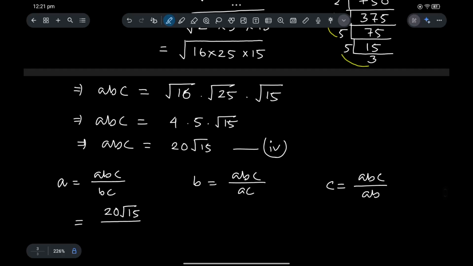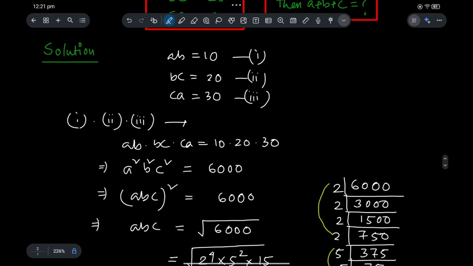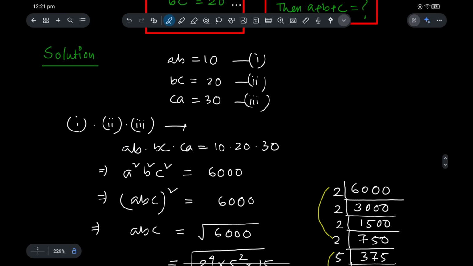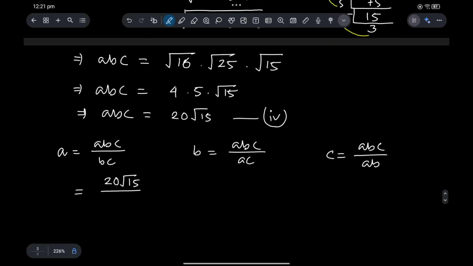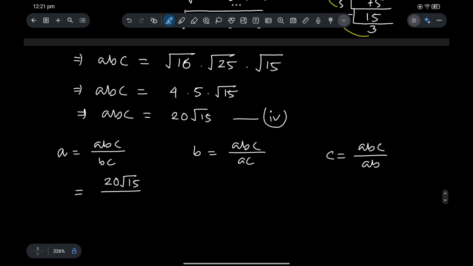What is the value of BC? We can clearly see AB equals 10, BC 20 and CA 30. So BC equals 20. So A equals root 15